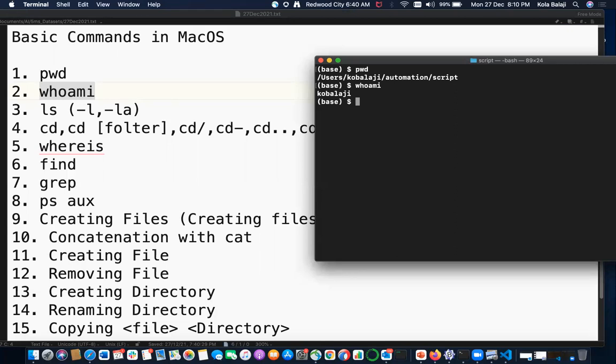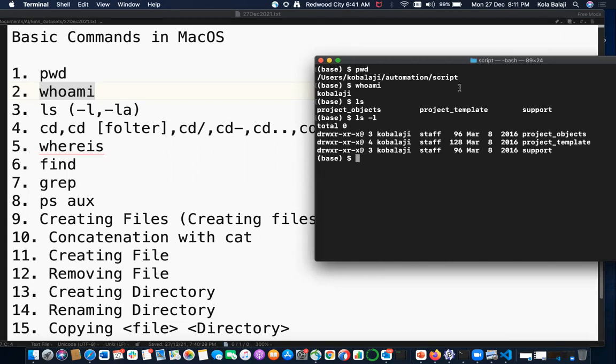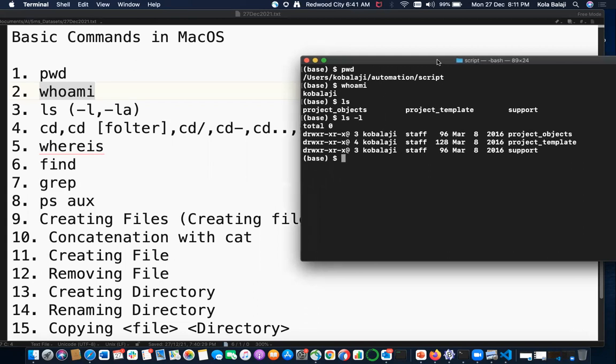When coming to the third command, it's the ls command. It will list all the directories and files in your working directory. This will show you the existing list of files or folders in the present directory. But if I want to see the whole list with more details, like when it is created, how much memory it uses, what permissions it has, you can use it with -l. It will give you the complete information.